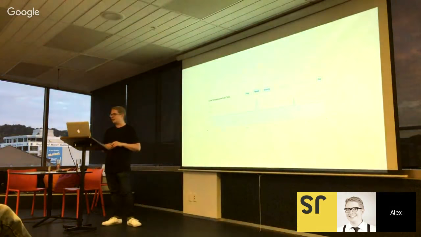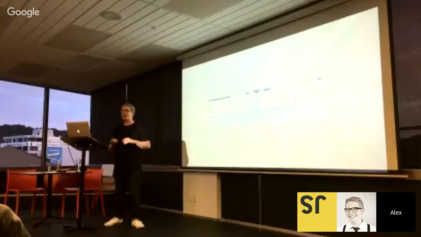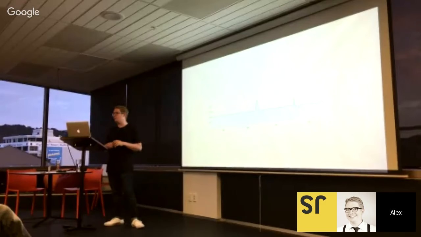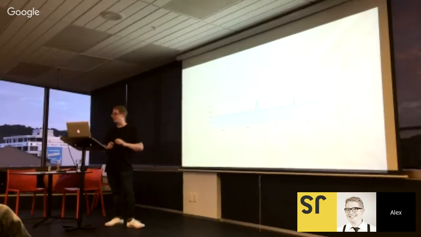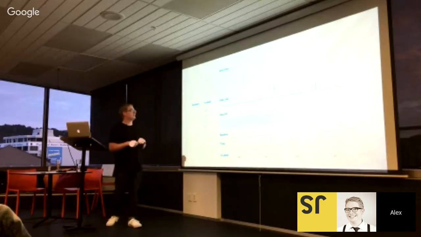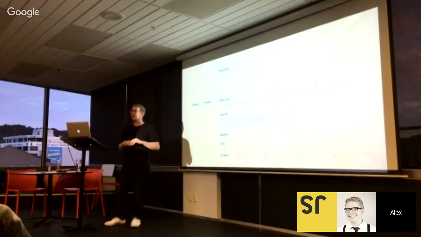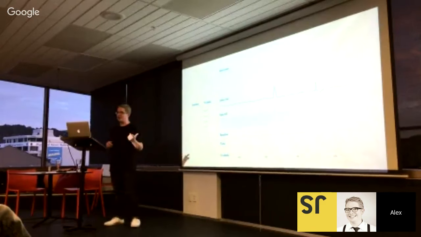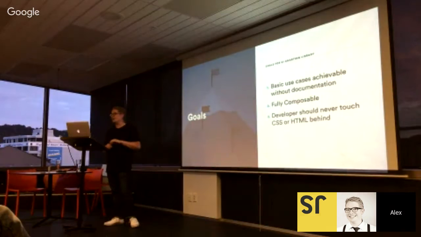So going back to my chart, it's quite a complex chart for a developer to create without it kind of being pre-built for them. We can get rid of the top buttons because they were going to sit outside the component anyway, as well as the left and right arrows. But this is essentially all of the different parts that were in that chart. And I wanted the developer to be able to say, well, I've got grid lines, so put in some grid lines. I've got a data line, so put in a data line. Not worrying about how they worked, just whacking in the components. Because, as I said, it has to be fully composable.